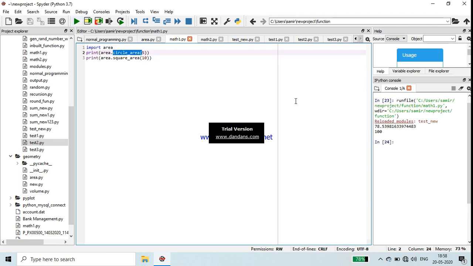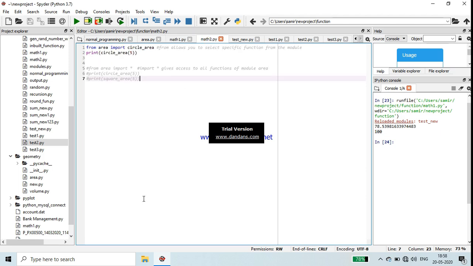See this output. This is the circle area and this is the square area. The value is 10, 10 into 10, 100. So in this way we can create a module and we can call it.